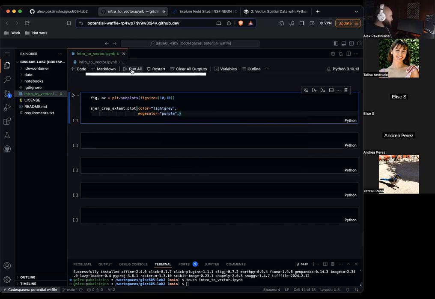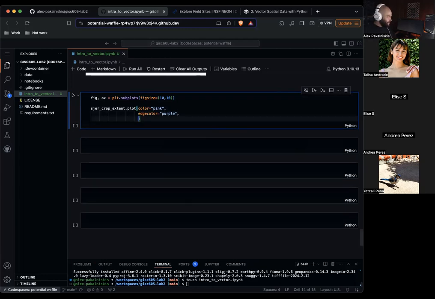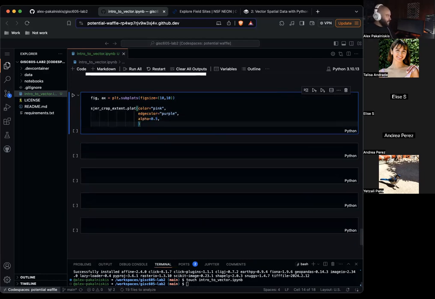Let's make the inner color pink. Maybe obnoxious is the wrong word. Colorful is the right word. Let's set a transparency of 50%, and then we'll plot it on the AX axis object.